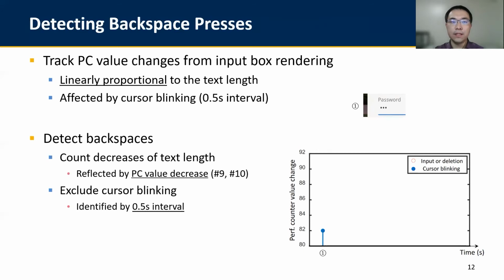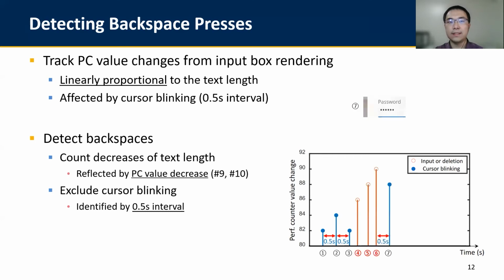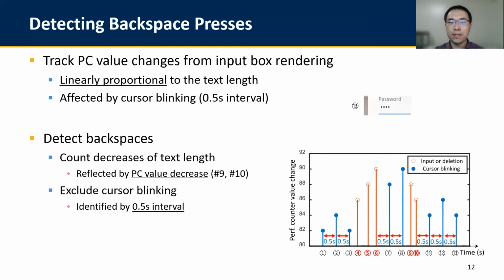During input, the user may make corrections using the backspace key. To detect such human behavior, we use the fact that some GPU PC value changes are linearly proportional to the text length in the input box. As you can see in this example, the beginning PC value changes at time 1, 2, and 3